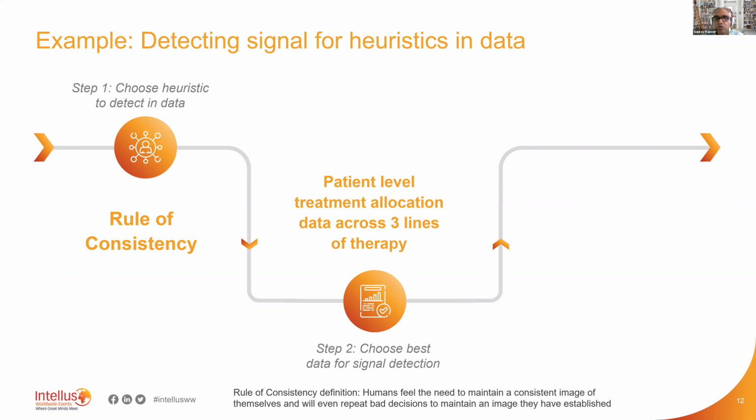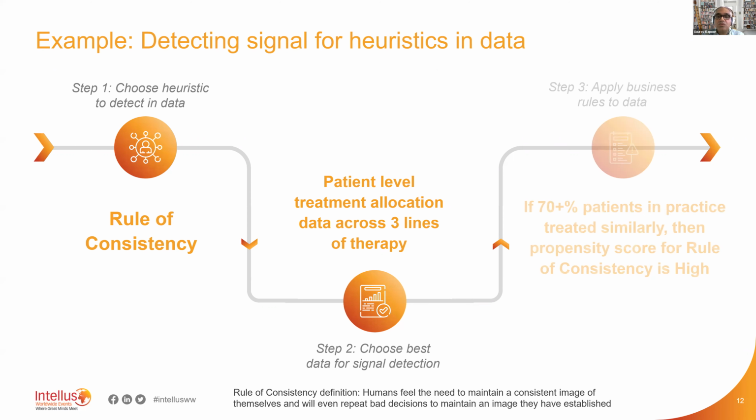So that's an example, of course, right? But you can use that as a rule. The rule becomes looking at the progression of the disease and the treatment algorithm and seeing what classes of drugs they're using, and what percentage of patients in their practice are being treated in pretty much the same way.